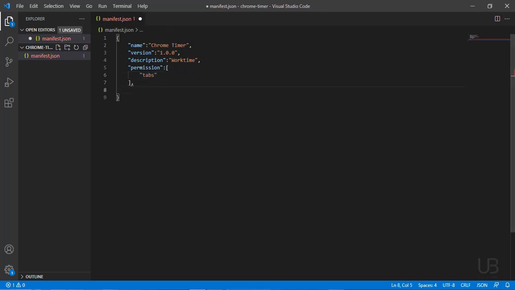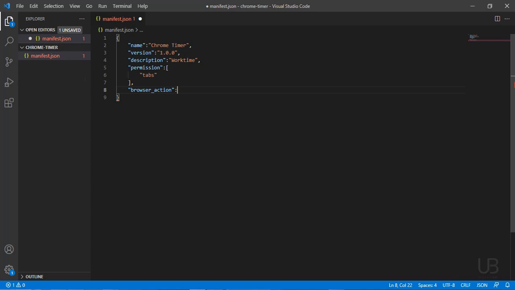Then the next one is browser action. This browser action tells you what the extension is supposed to do when there is an action from the user. Under this browser action, you can specify what HTML file should pop up when the user clicks on the icon.